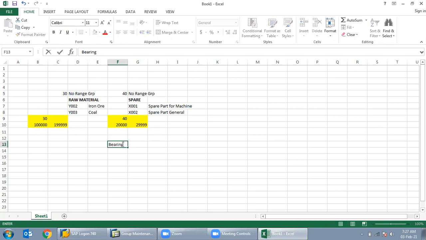So I am going to create a material like earring. I am going to create a material type like motor. Okay, and I select here X001 for material type. Okay, it's a material type. And when we create material X002, this is now my material type. What will be the code? What will be the code generated? Just tell me. If you answer it, then you will be clear.